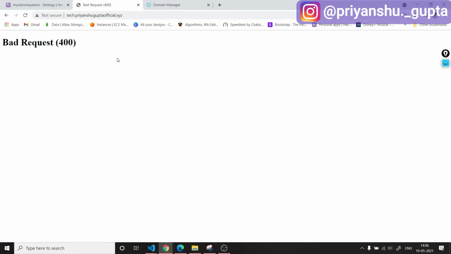And here we are getting a bad request because we have not added this subdomain to our Django project in allowed hosts in settings.py. So let's add that.